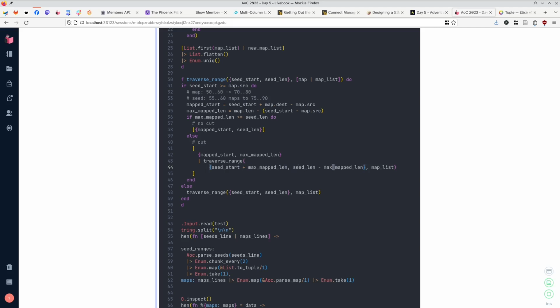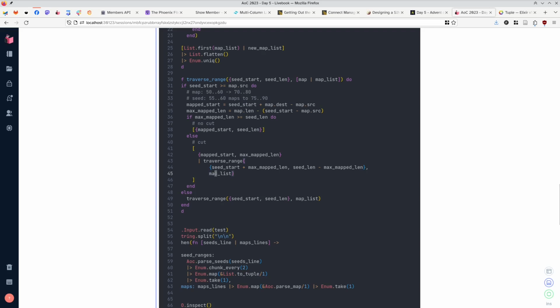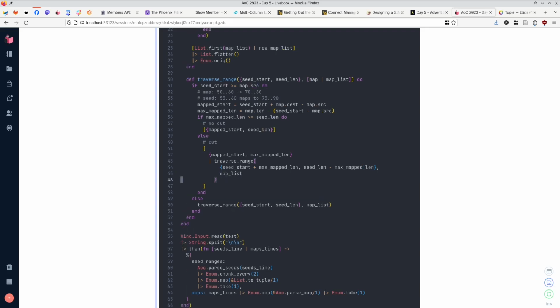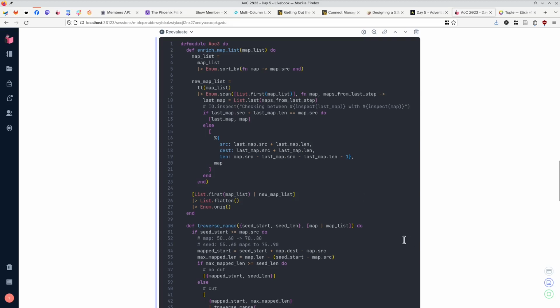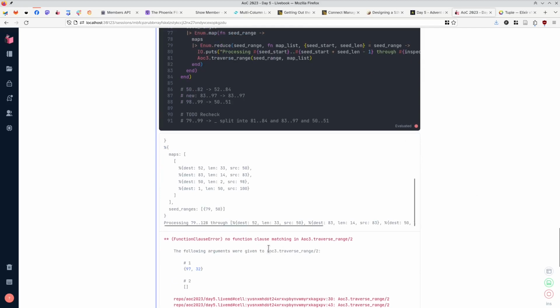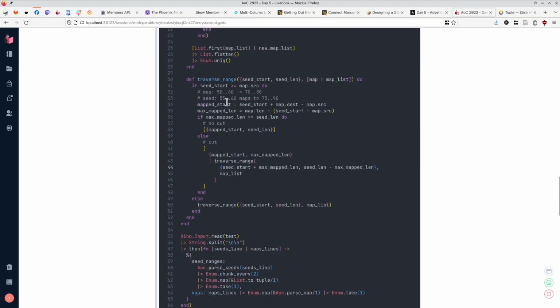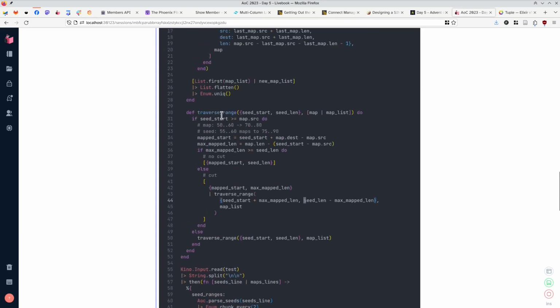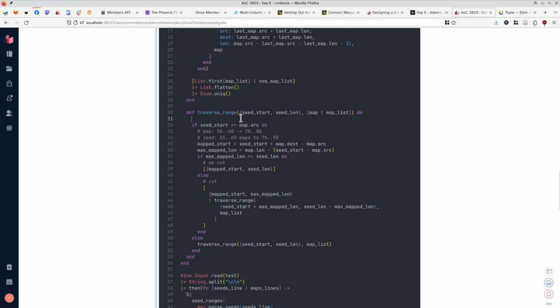And let's just fully indent this so that we can see what's going on. Now if I run this, it will throw an error. Why? Because we don't have a base case. So we ended up in 97. So we ran out of things to map through. Let's add some IO inspects. Let's print out what we're actually doing here. IO.puts